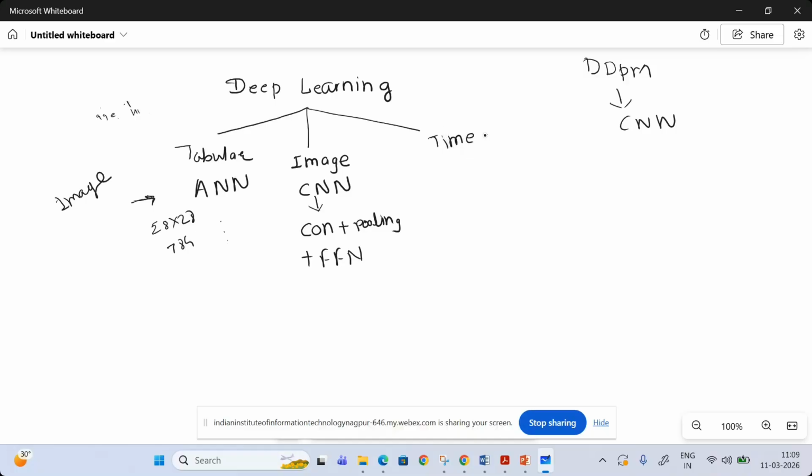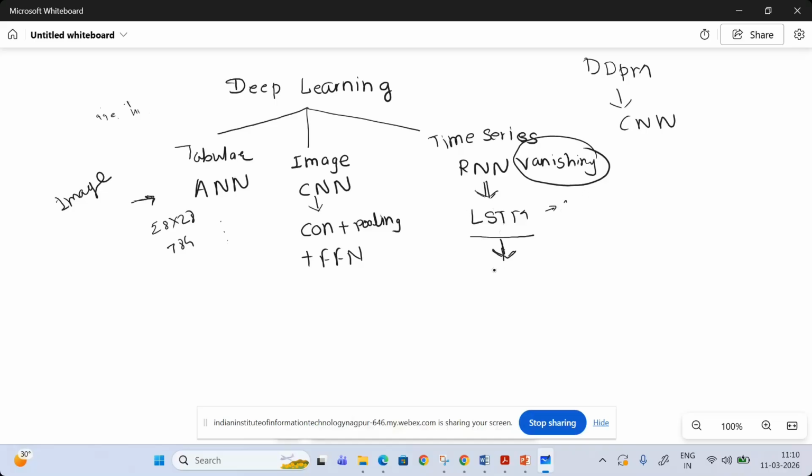for that purpose, or for time series related data, we need to make use of a different kind of model, that is an RNN. There is a problem with RNN, so people have come up with the LSTM. There is a problem of vanishing gradient, so learning stops because of it. So people came up with LSTM, long short term memory. Long short term means it captures long term dependency, and it has some hidden state data that is given as output to the next layer. On top of it, three gates are involved.